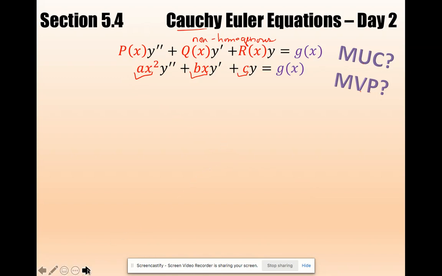So let me show you how that looks, right? Somebody came up with this. His name was Cauchy. Let's do a transformation where we assign every x to be e to the t. And then, of course, solving this equation for t gives me ln x. And we're going to assume that x is greater than 0. Notice this has it, right? Our Cauchy-Euler has a point of singularity at 0, so we're not going to be choosing x to be 0. But anywhere else,